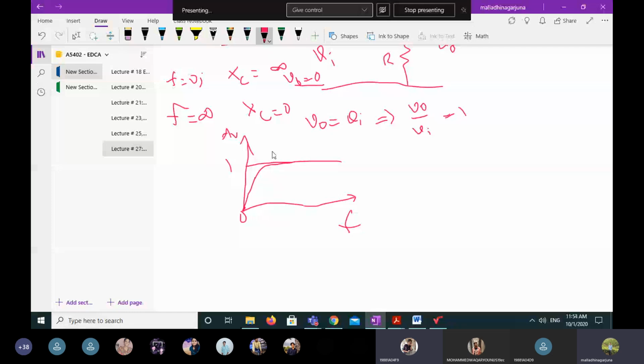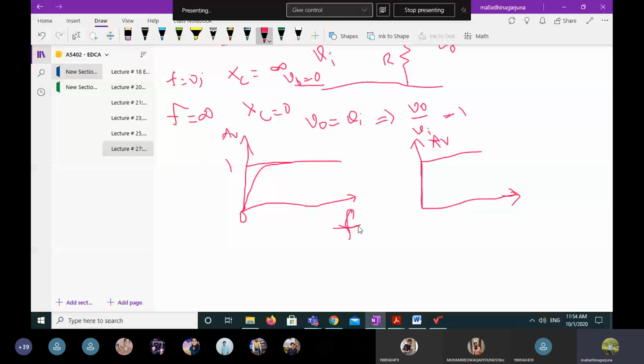This is the ideal graph, where the gain is exactly 0 when the frequency is 0, and once the frequency starts to move, the gain rises. But practically you will get some deviation. Now see, when frequency is low, gain is 0; when frequency is high, gain is 1. So from this graph you can say that it allows the high frequencies and does not allow the low frequencies, like 0, where the gain is 0.